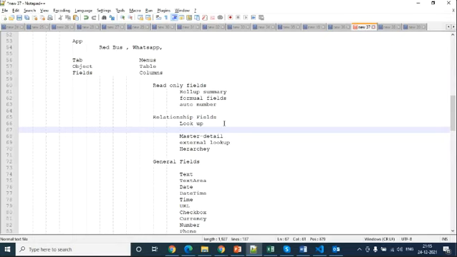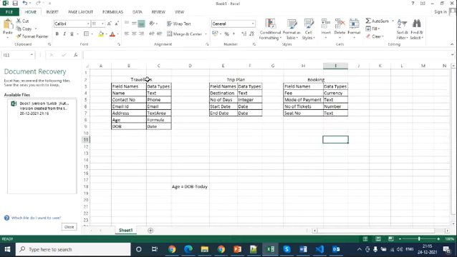Lookup and master detail, if we compare, both connect one object to another object. Simply, you can consider Traveler as a parent object and Trip Plan as a child. It means from the child to the parent you should maintain a relationship. Both tables should have some connection. For that, what should you do? You should create a relationship field. For example, you can say Travelers.